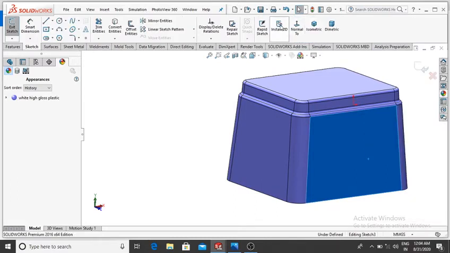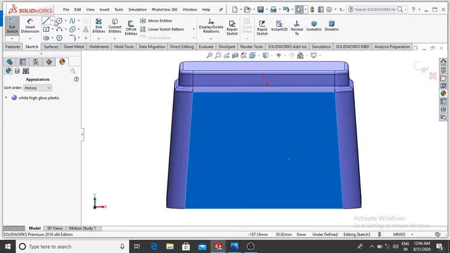right click, sketch, then normal, and here select center line.